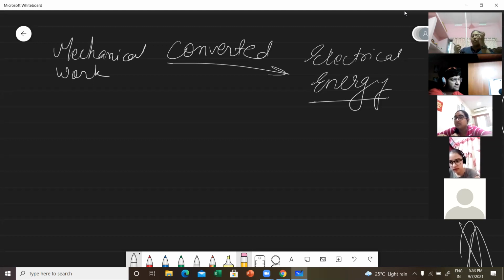Similarly, if I rub a coil with a magnet, or between two huge bar magnets I put one coil,